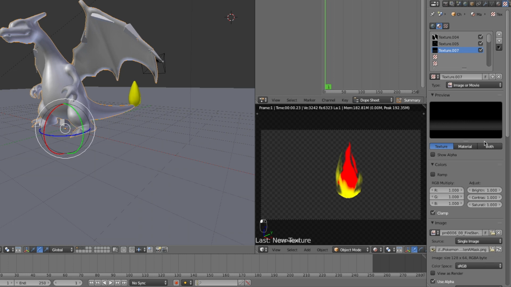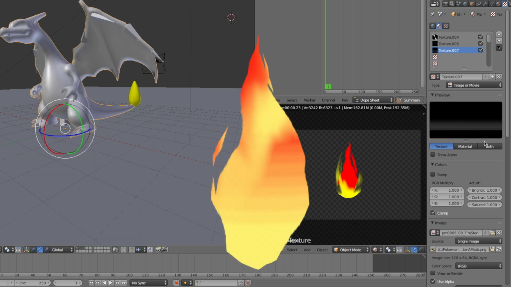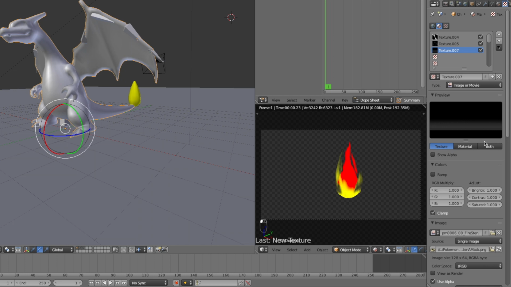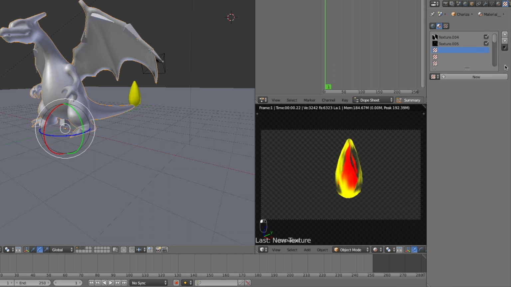The reason we aren't using this mask texture is due to its quality. If you continue to use this texture, the fade applied to the core would look quite blocky as it started to reach the top. And although this isn't noticeable with the 3DS's resolution, if you're making a high quality render, this could become very apparent. That being said, if your goal is to make a 3DS style render, then go ahead and use this texture. But otherwise, just delete it by pressing this X button, and I'll show you how to get a smoother fade